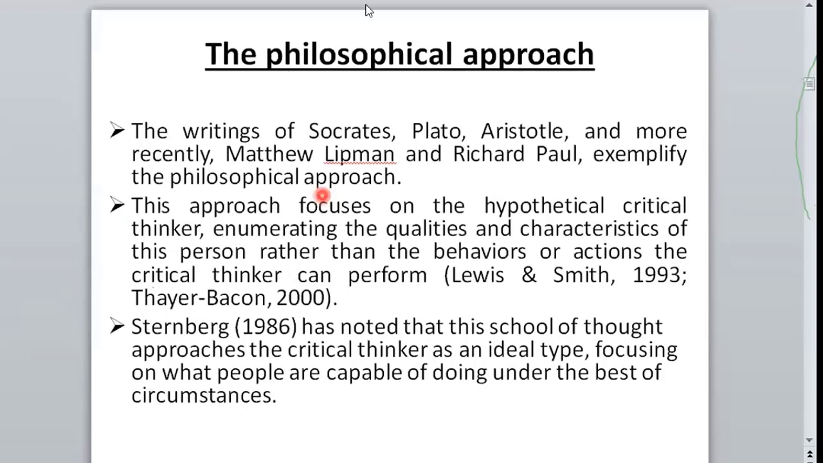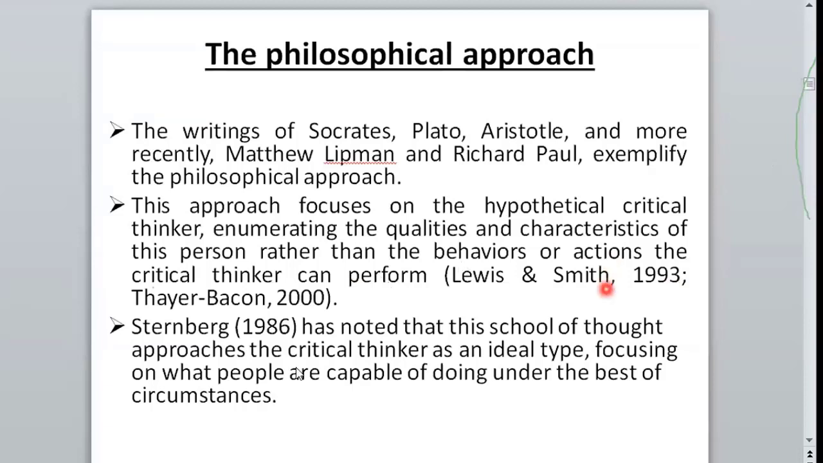Look here. The philosophical approach. Let us look at the ancient philosophers, the writings of Socrates, Plato, Aristotle, Leibniz, and Richard Paul. They exemplify the philosophical approach to critical thinking. According to this approach, it focuses on the hypothetical, as in an ideal hypothetical critical thinker. This philosophical approach tries to list the qualities and characteristics of these philosophers, and the behavior or actions that critical thinkers can perform,